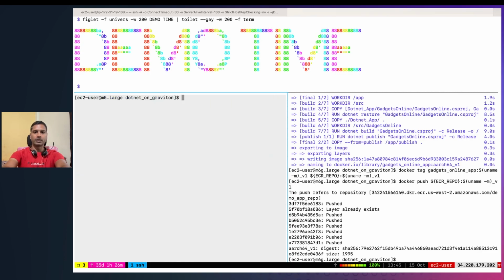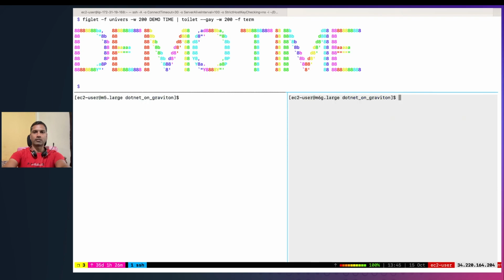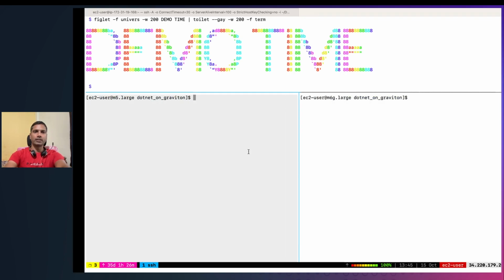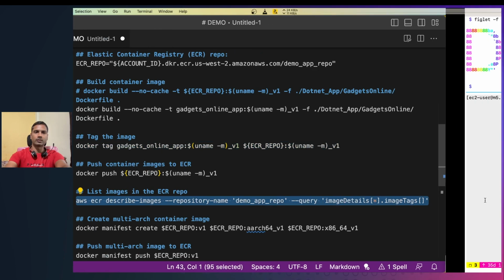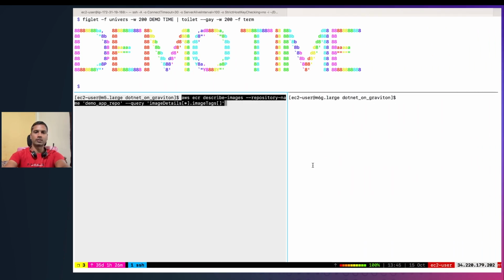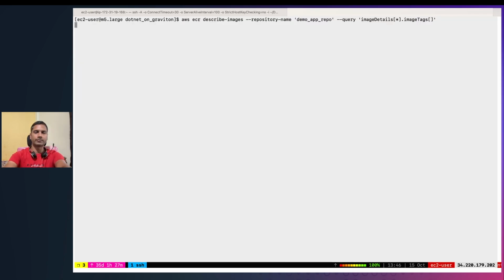Let me clear the screen. Now let's list the images that have been pushed into the ECR repo. Let me make this full screen so that you can see the commands easily. So as you can see, now we have two images in our repo, one for x86 architecture, another one is